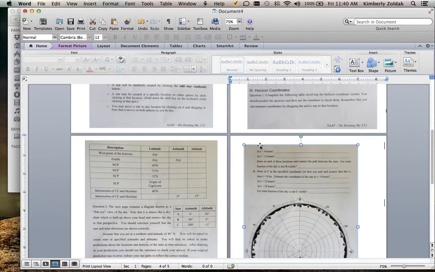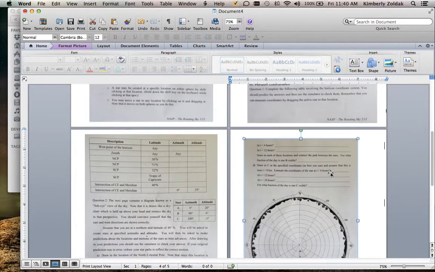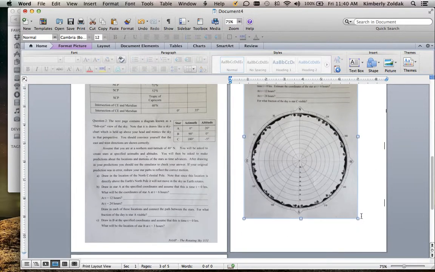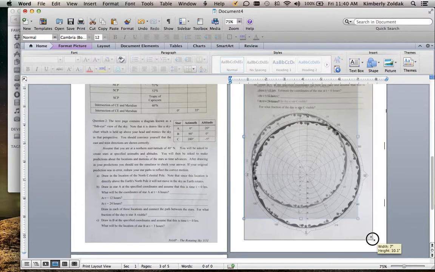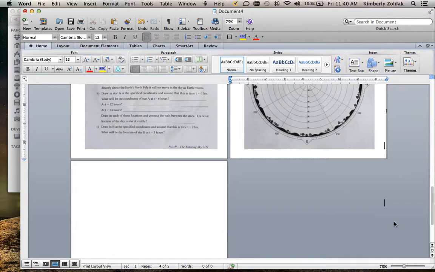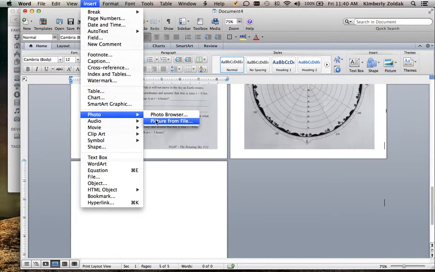And right now I'm actually using my arrow keys on my keyboard, up, down, left, and right, to move the image because it seems to be a little bit easier than using the mouse. So keep in mind that once you select the image, you should be able to move it up, down, left, and right with the keys on your keyboard. And the last photo,